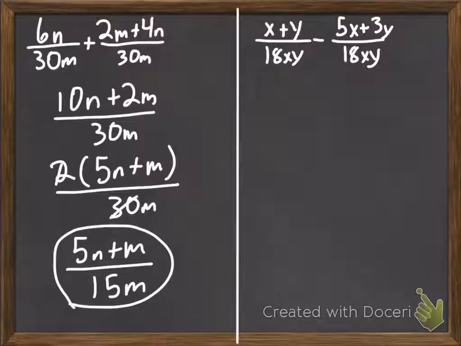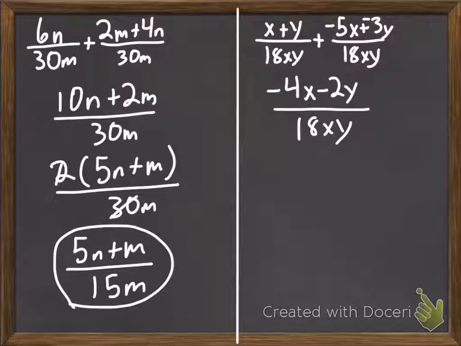On the right, x plus y over 18xy minus 5x plus 3y over 18xy. Now, whenever it comes to subtraction, just like when we were adding our polynomials, let's change that subtraction to addition. And when we do that, it's going to change everything in the numerator of our fraction to the opposite. So that's now negative 5x plus negative 3y. Now we can combine our like terms. So x plus negative 5x, negative 4x. y plus negative 3y, negative 2y, over